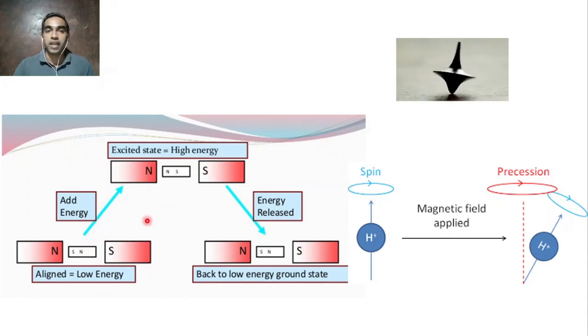Whatever energy you are applying, each nucleus will have a different energy based on its environment, based on various properties attributed to that molecule. It may be an electronic factor, other nuclear factors, and there are so many factors which come into the picture, and because of that each nucleus will have its characteristic. Suppose one nucleus is in OH, and others are in an aromatic compound, an aliphatic compound, or alkenes; they all have their characteristic energy absorption.